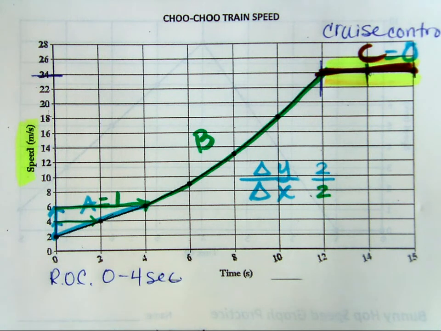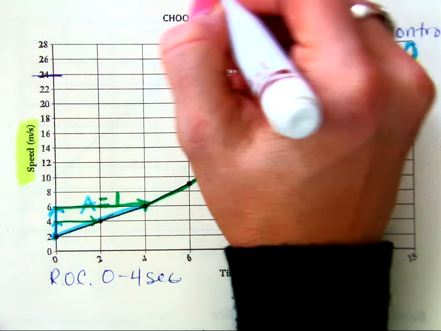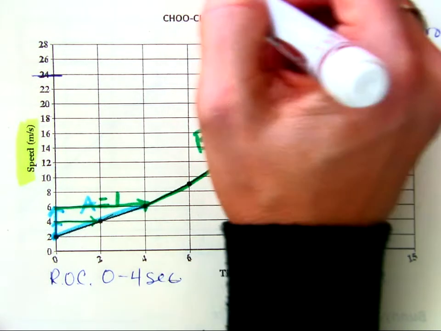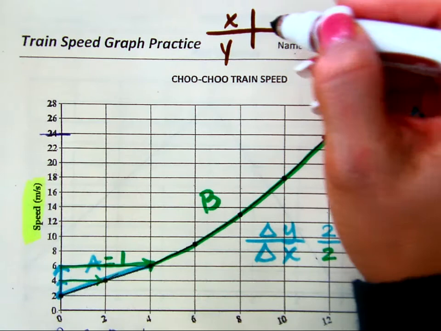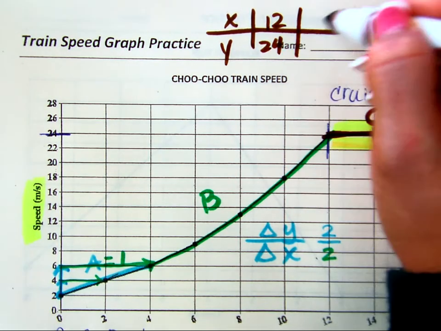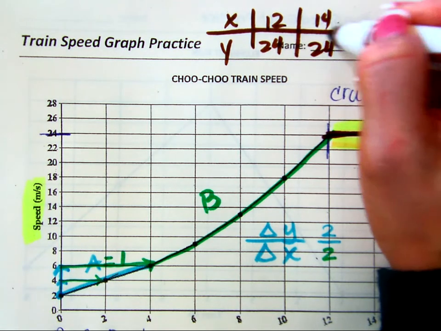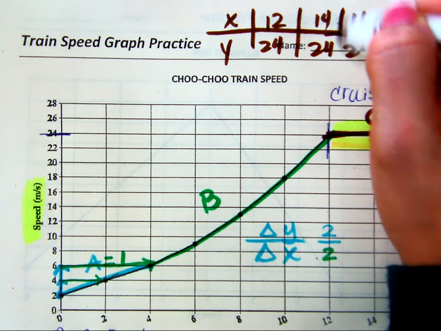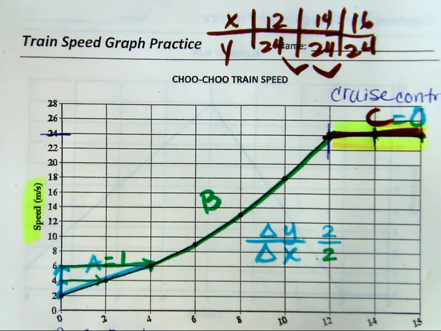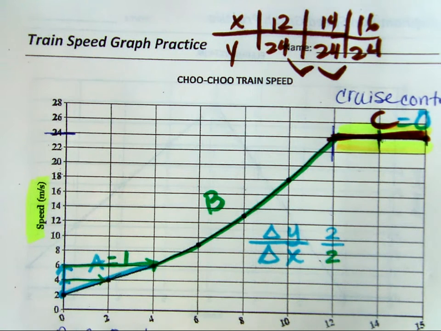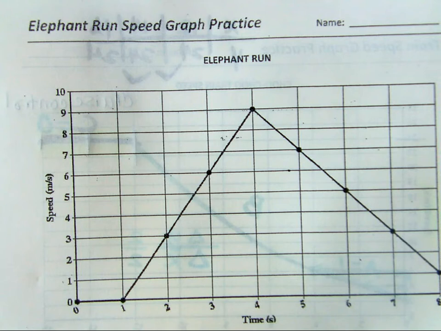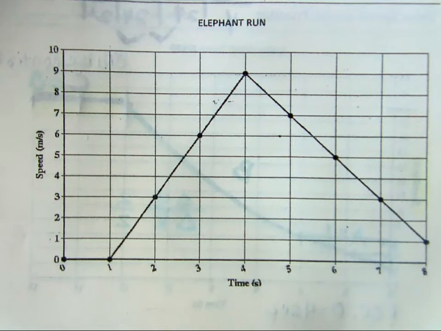It's kind of like having a table that looks like this. If x is time and y is this, at 12 seconds, I was going 24. At 14 seconds, I was going 24. At 16 seconds, I was going 24. What's the rate of change? 0, right? So do you see what that looks like as a table? Okay, let's save the distance one on the bottom. Go to the elephant run. So the elephant run